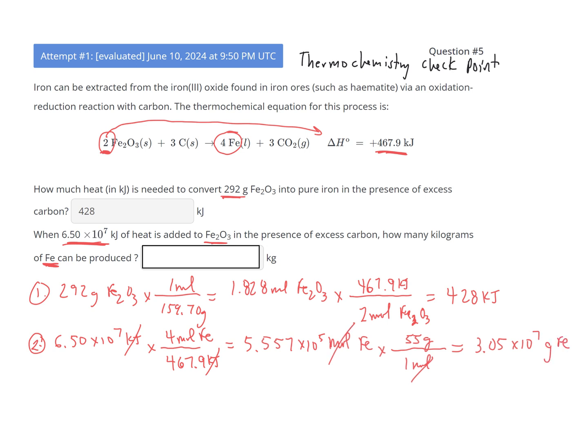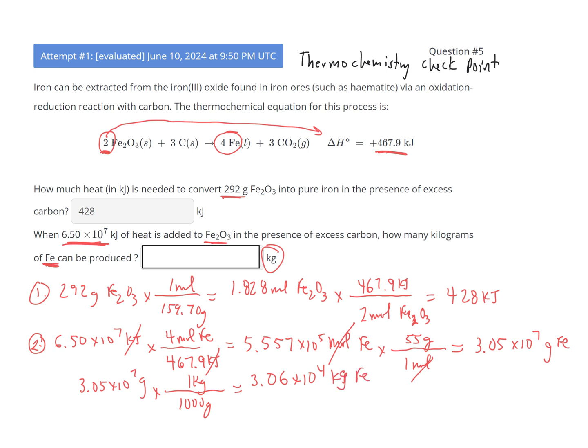The last step, because they're looking for this answer in kilograms, is just to do a unit conversion from grams to kilograms. So 3.05 times 10 to the 7 grams of iron. I know that I need 1,000 grams of iron in 1 kilogram. So we divide that by 1,000, basically subtracting 3 from the exponent, and we're going to be left with about 3.06 times 10 to the 4